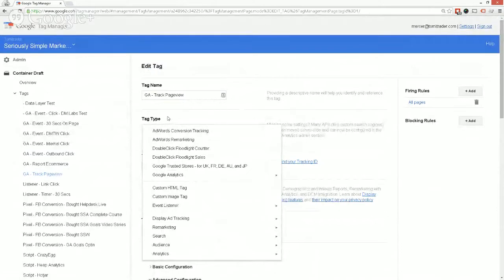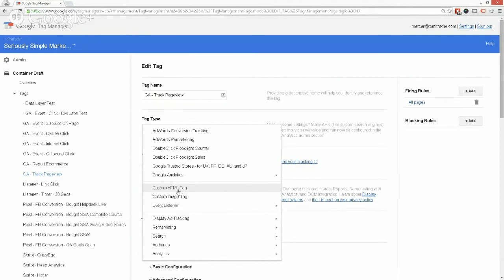Now you'll see with most things Google, they're all integrated. So everything Google is kind of integrated in here. So if you do Google Stores, you'll see that's in there. You've got DoubleClick AdWords conversion tracking. Pretty much anything that's Google will be integrated automatically. If it's non-Google, something that's like a script or a pixel, like a Facebook pixel, you can use this